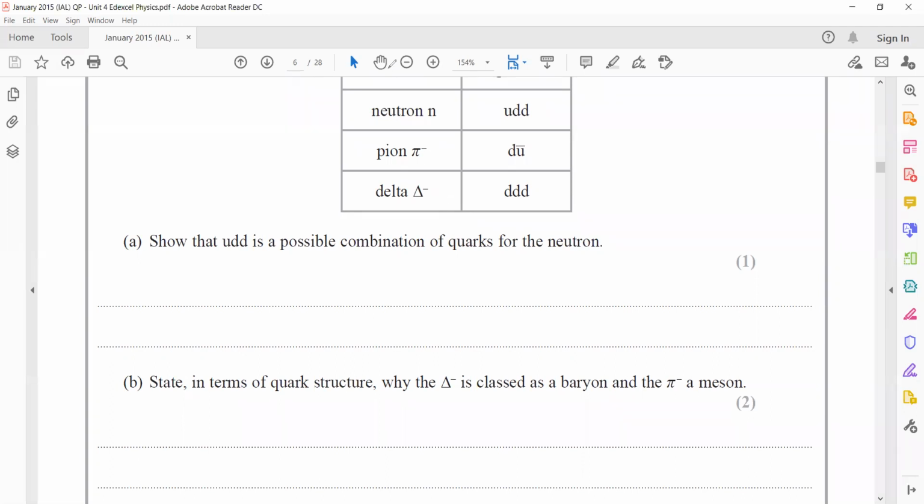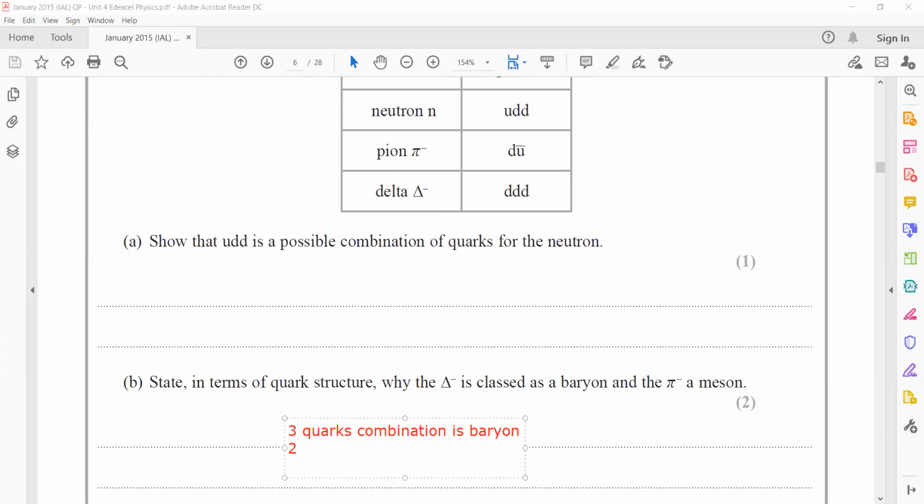So a simple reason you will mention: a 3 quark combination is known as a baryon. So delta is a baryon because the delta particle is 3 quarks,